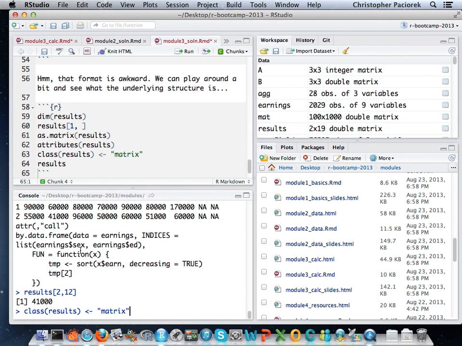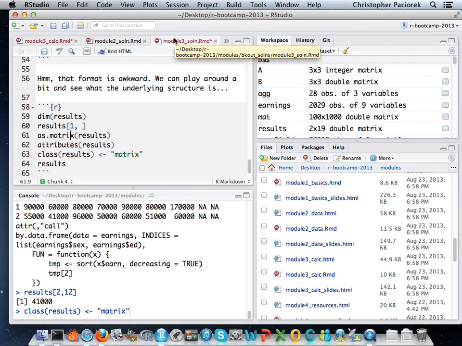That was a bit of a meandering. I guess my point in that was, if you get back something that's sort of complicated, feel free to just play around with it and see what you can do, and you may just need to finagle things to try and get it in a format that is useful. Or perhaps better, you could go and look at the help information on by and see if there's some useful information in there, as opposed to just blindly stumbling through as I have here.